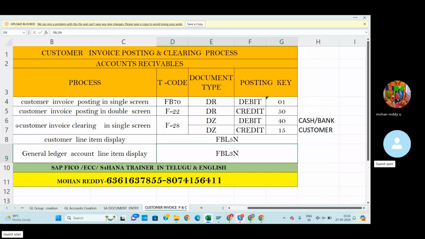At the same time, for customer invoice clearing, we can use the F-28 code, and the document name is